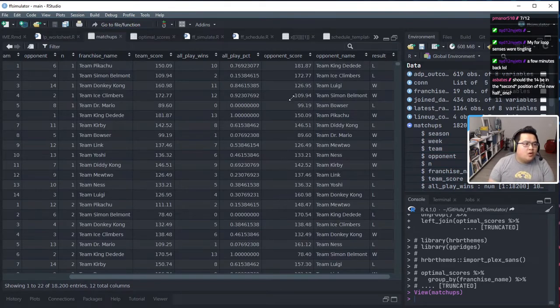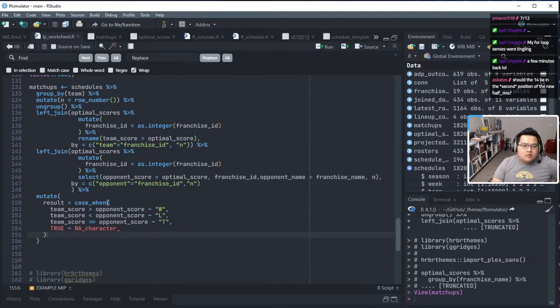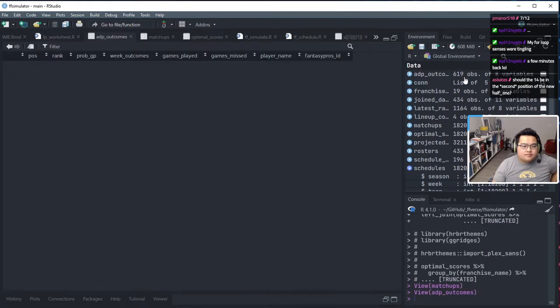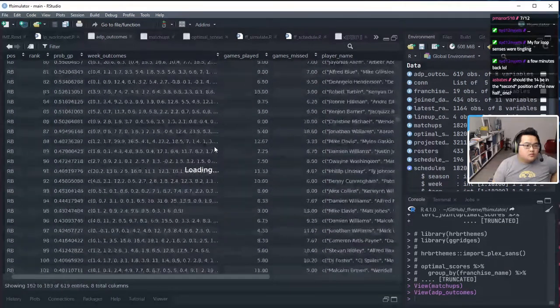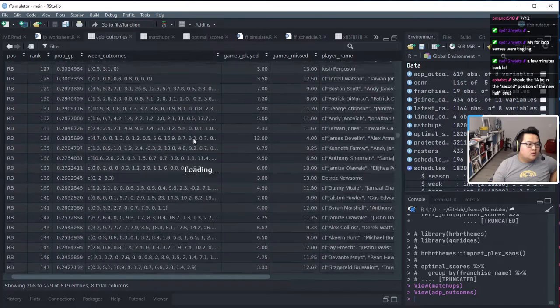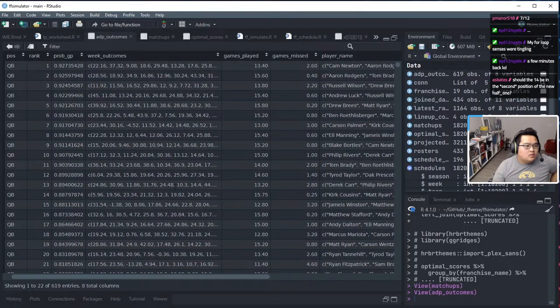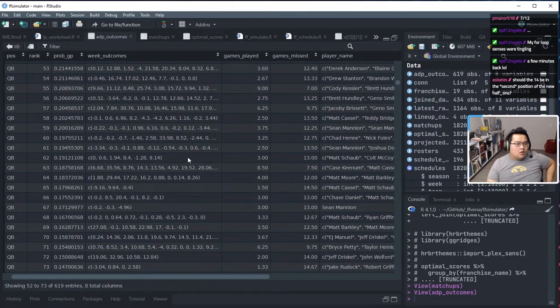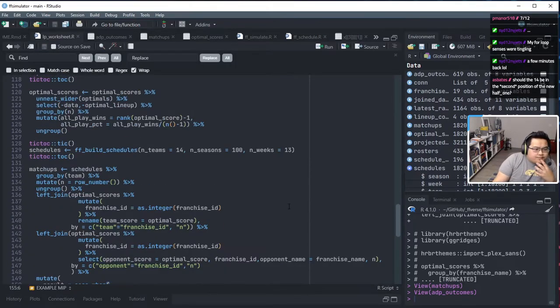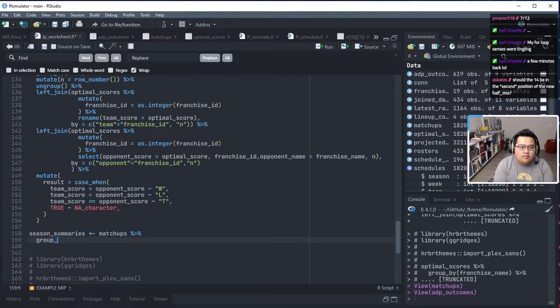Okay, slightly better. Okay, I think that makes sense. Okay, so, just observing the change I made there. Okay, so you've got matchups now, and then I can do season summaries. So season summaries is going to be equal to matchups, group by,